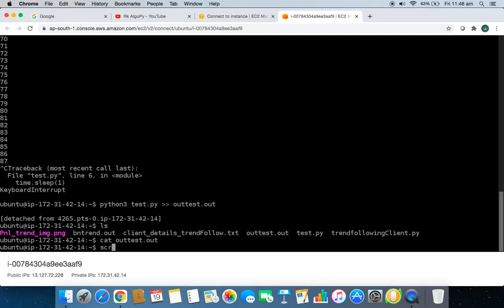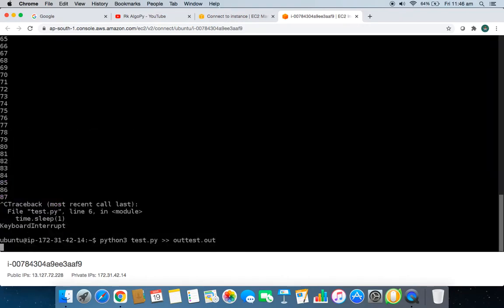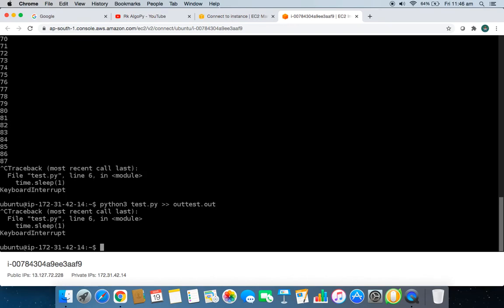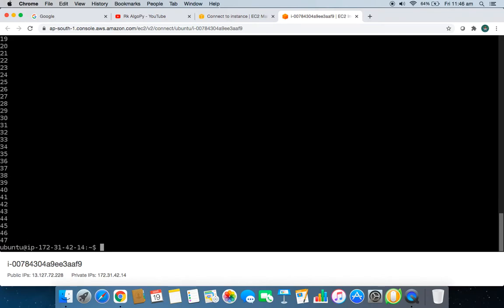Okay, let's go back to that screen, 4265. Yeah, let's end this script. Now let's give the list command. Now try to open our test file. It will open and it will show all the prints, right? So see, I'm getting it here. So to run it dynamically, when your algo is running and still you want to check the outputs,